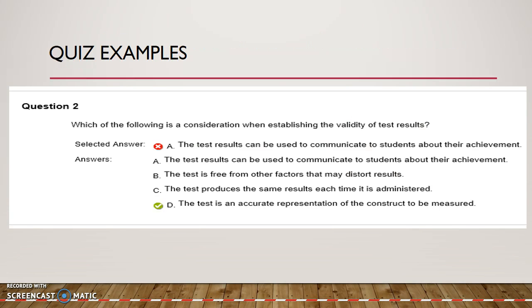Next up, I'm going to go through a few of the test questions that I had difficulties with and go through maybe some of the changes that I would have made to those. First being question 2, and it reads, which of the following is a consideration when establishing the validity of test results? Now, I answered A, and A is the test results can be used to communicate to students about their